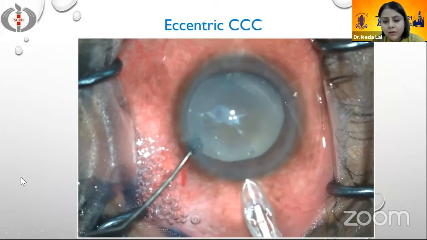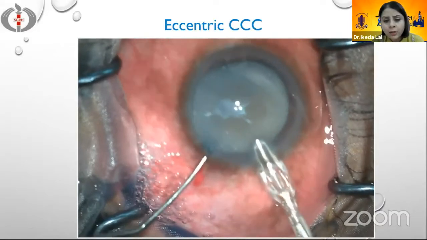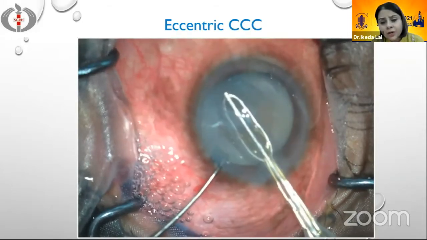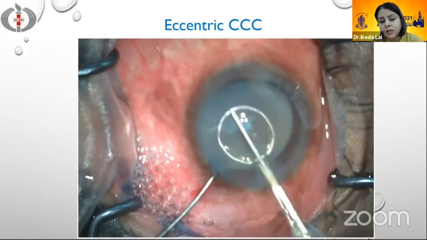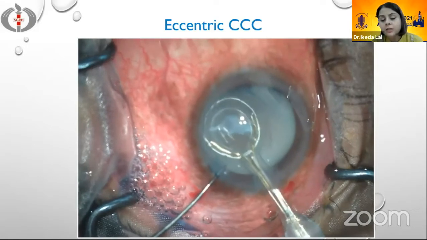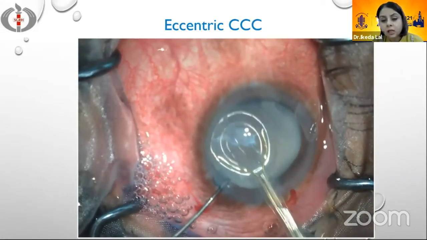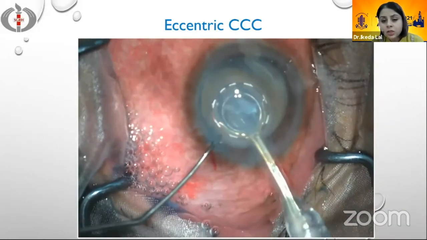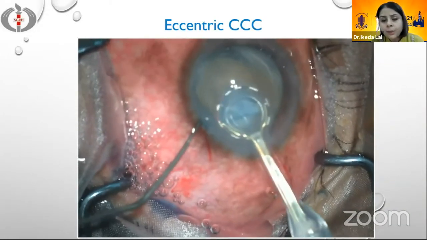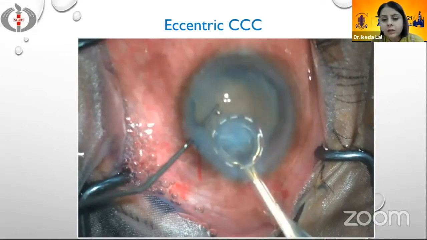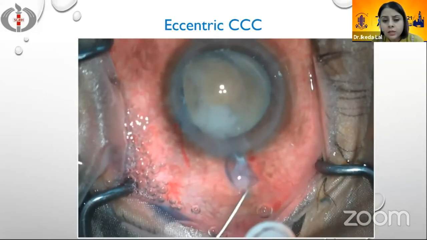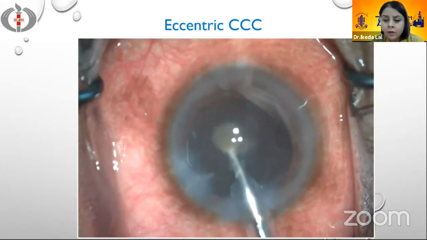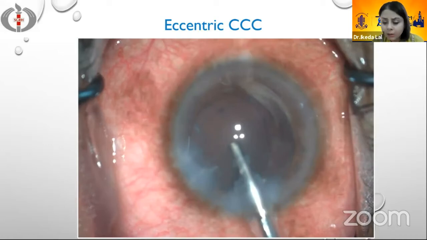So this is a patient again where we have a mature, hypermature cataract with this calcified fibrotic plaque. So here we planned for an eccentric rhexis so as to keep this entire fibrotic plaque inside the rhexis and not at the edge, so that we can achieve a clean cut. So we were successful in doing this, and on suction release, we can see that the entire plaque has come inside this Zepto device, and it is inside the rhexis opening.